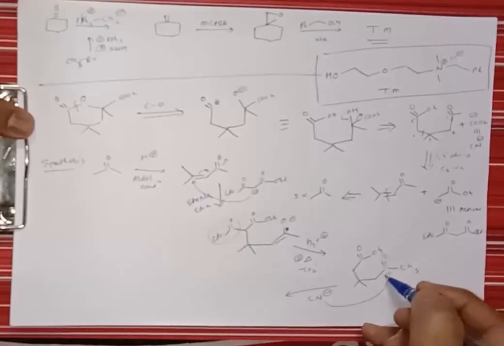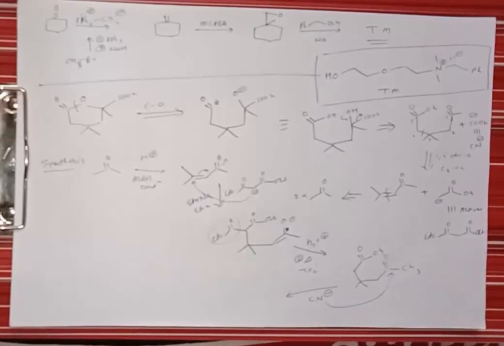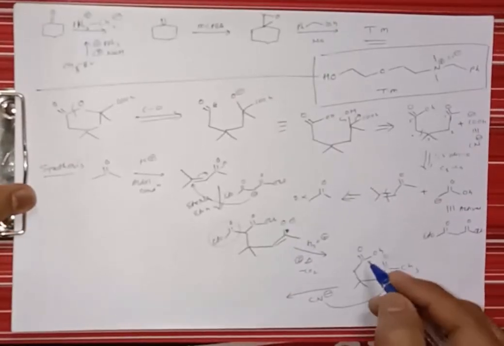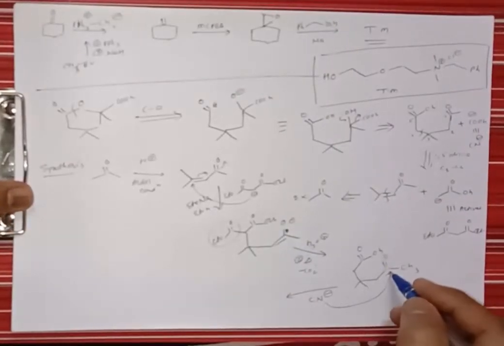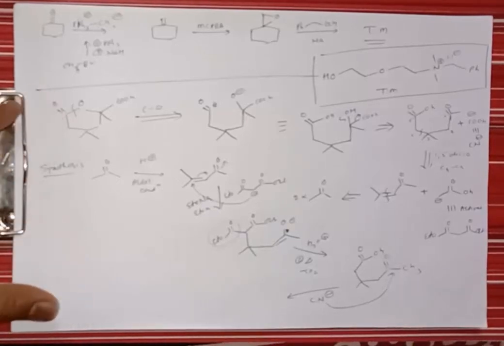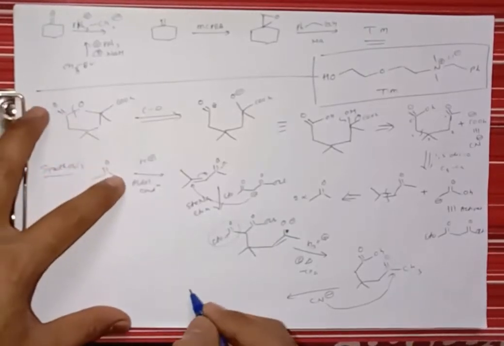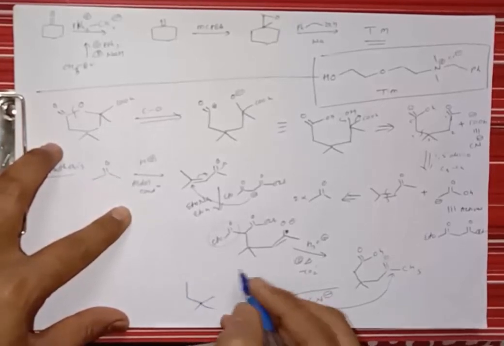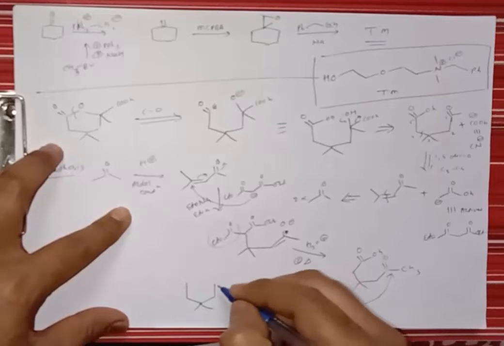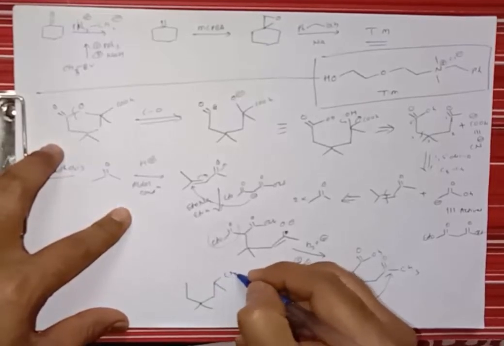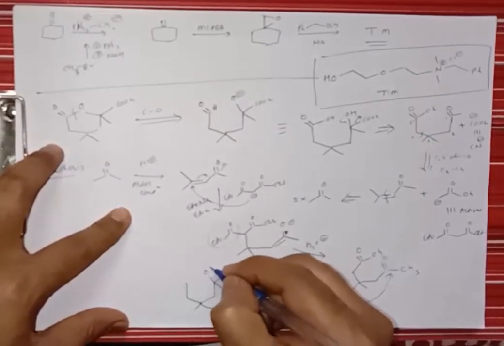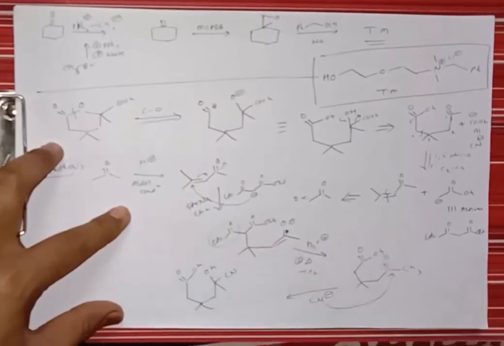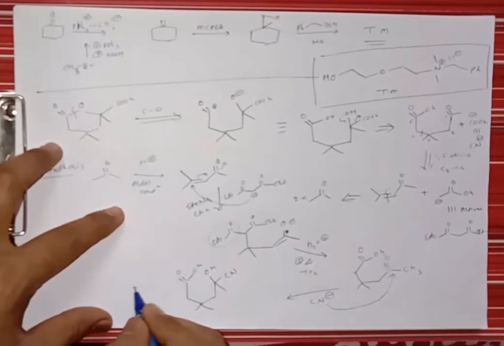preferentially react with this ketone, because ketone is more electrophilic as compared to acid. Therefore it preferentially attacks this carbonyl group, and what does it give? It gives formation of a molecule like this. Here is formation of a CN, and here is OH, here is C double bond O OH, right?